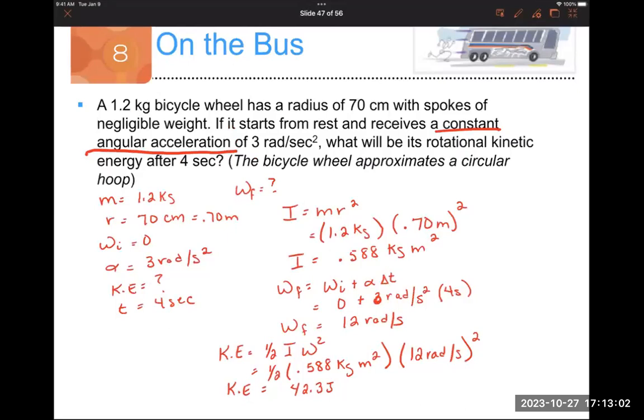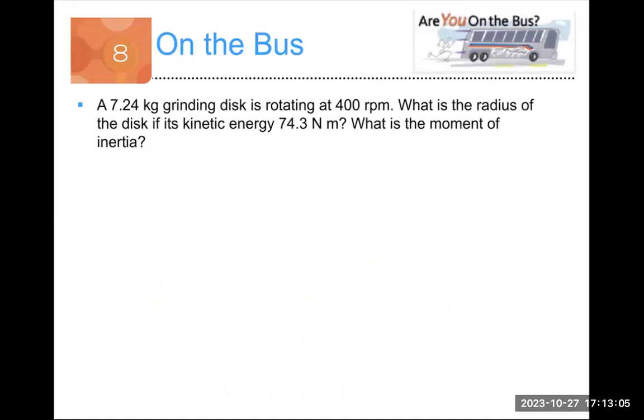And let's do another problem. In this one, we have a grinding disc that has a mass of 7.24 kilograms, and it's rotating at 400 RPMs. So omega equals 400 RPMs. Okay, and we know that's revolutions per minute. So we need to go to seconds. So again, just 1 minute is 60 seconds. So we're going to get